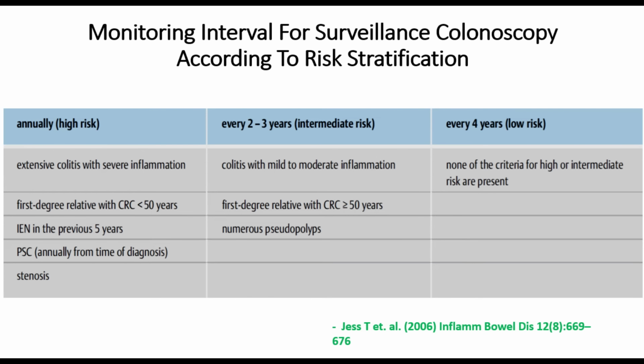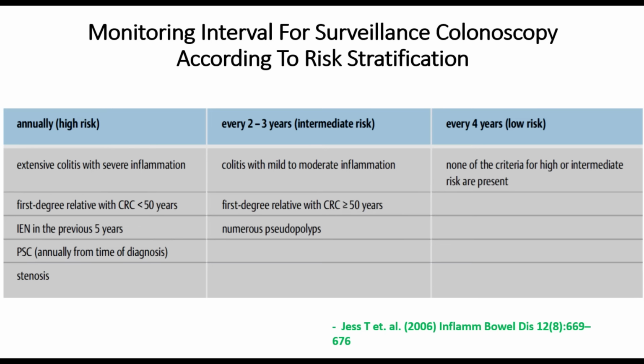Surveillance colonoscopy is done annually if the patient is high risk, and the criteria for high risk are extensive colitis with severe inflammation, first degree relative with colorectal cancer, age less than 50, intraepithelial neoplasia in any of the previous screening colonic biopsies, or primary sclerosing cholangitis and stenosis. I have already emphasized that any patient with ulcerative colitis with stenosis,